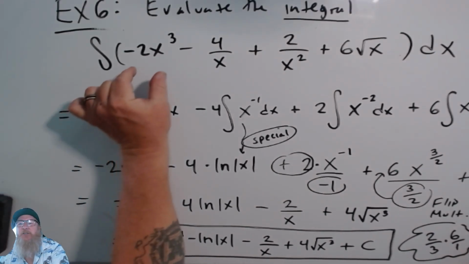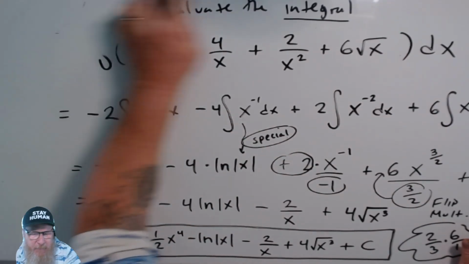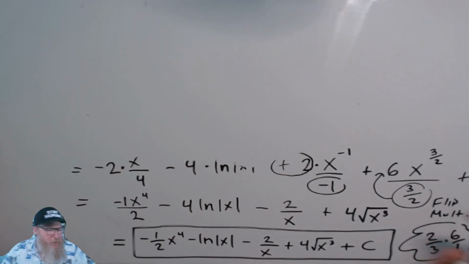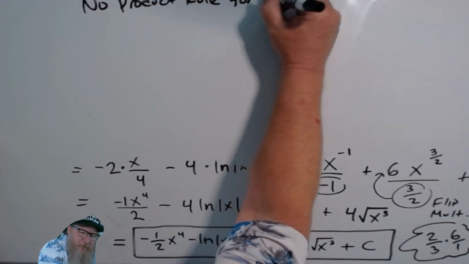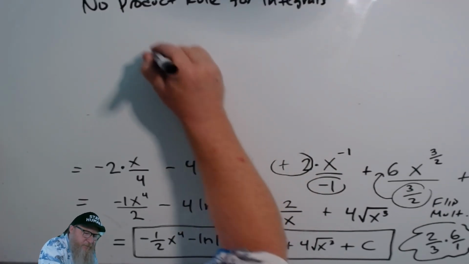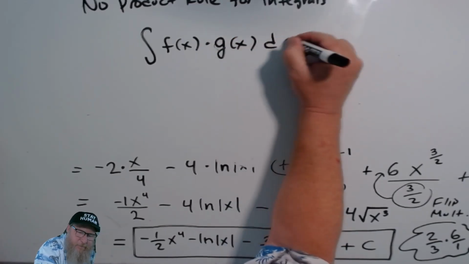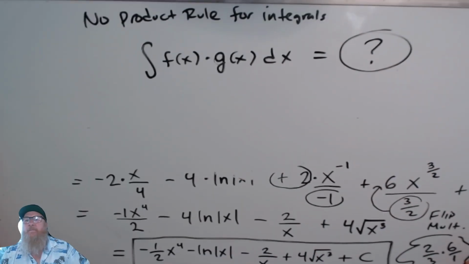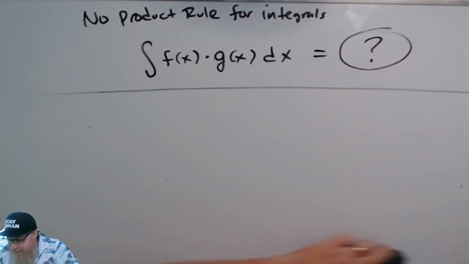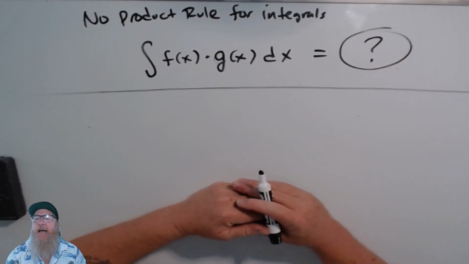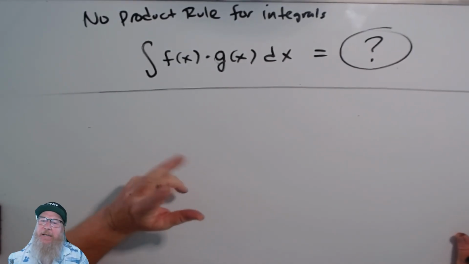So we've started with single term integrals. Then we have multiple term integrals where we just take them term by term. But you might notice that there are two rules missing. There's no product rule for integrals. And, I wish I could tell you there is a product rule. We just haven't learned it yet. That's a classic math teacher trick, right? I make you do it the hard way, and then after like 2 weeks of that,